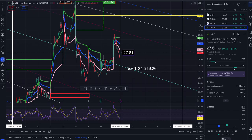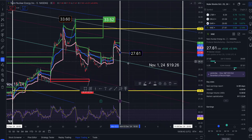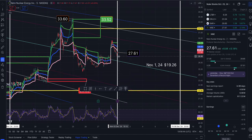Next one is NNE. 2761 is where we ended, up 3.14%. When I was tracking this on the 1st, we were at 1926, so congrats if you bought in at that time. These nuclear tickers have been running since the 52-week low. It's quite a spread. All right, VWAP 2856,